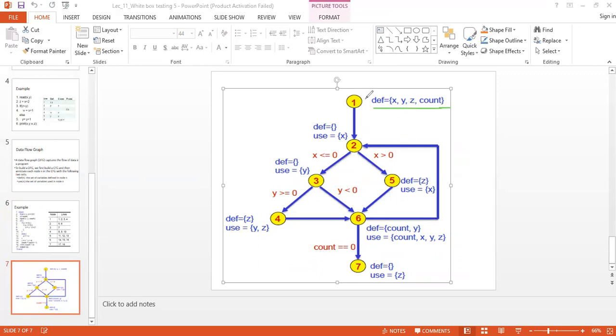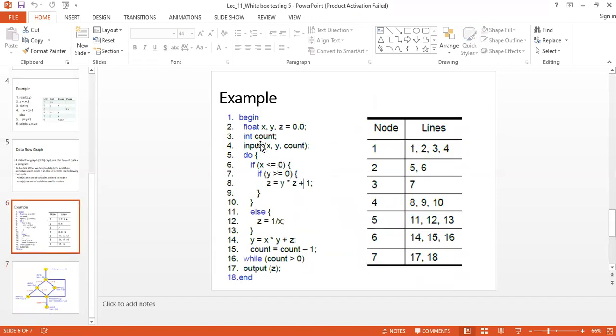In node 1, these are the definitions for X, Y, Z and count. Again, in the second node, you can see in here I have used lines 5 and 6.